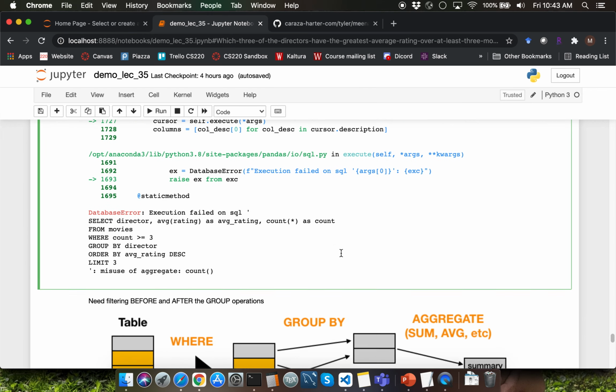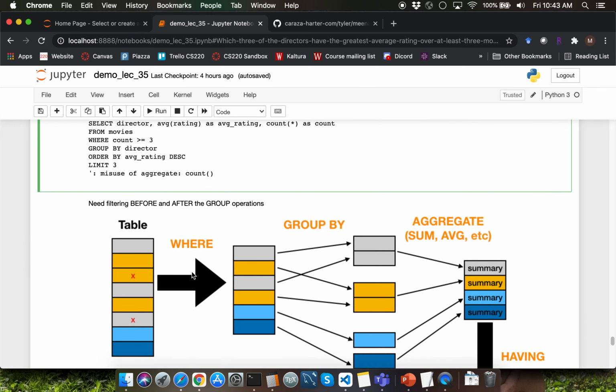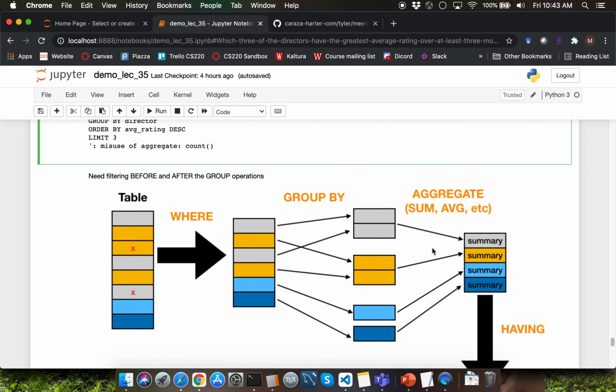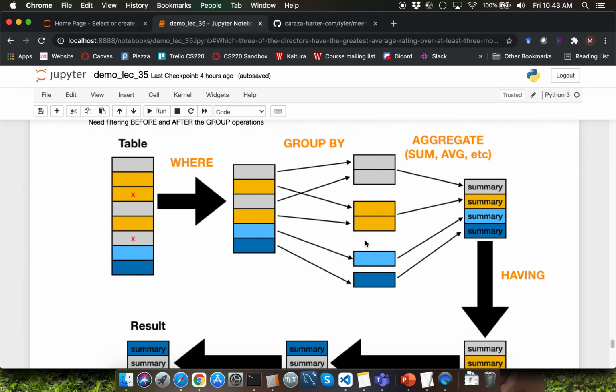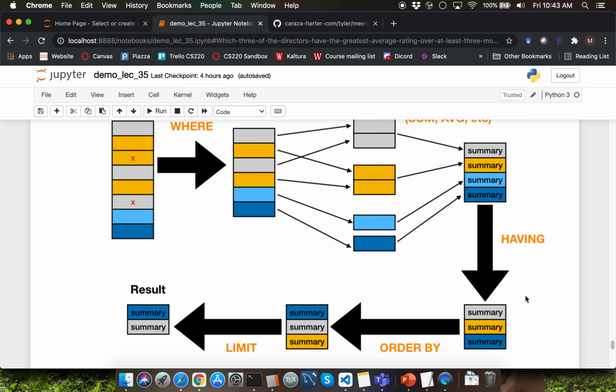That's because the where clause execution happens way before we execute the aggregate, which is going to generate the count column value. So clearly you cannot write a condition about a column which does not exist when the where clause is being executed. Because of that reason, we'll have to write the having clause to filter out the groups based on the summary column value.